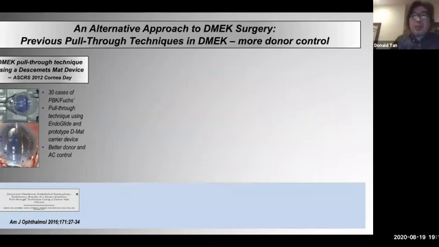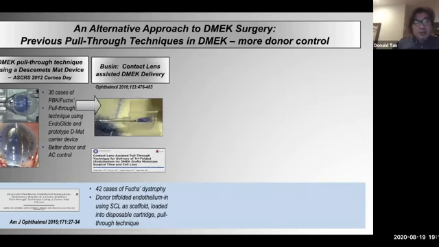Over the years, there have been many approaches for DMEK. About 8 years ago, we presented at ASCRS Cornea Day a technique where I used the endoglide, which is used for DSEK, and a prototype Descemet's type device, and we published that, but we moved away from that. And then Busin did the same thing. He used the contact lens to deliver the DMEK, but again, coiled it endo in. He published that as well.